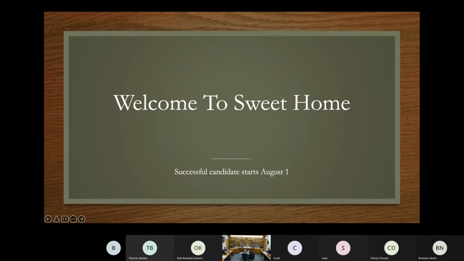Madam Mayor, so if we aren't able to find a qualified candidate and it comes time to Christy, your contract being over, would we start the process over, or would we just select somebody and hope it sticks? So that's really why I would recommend leaving it open until filled, so that you're not having to start the process over. If at the end of the first round interviews there's really nobody that we feel comfortable with, we would be continuing to get applications that could be evaluated throughout the process.